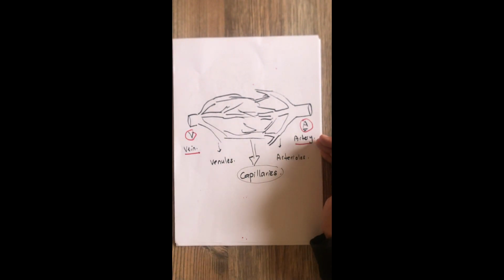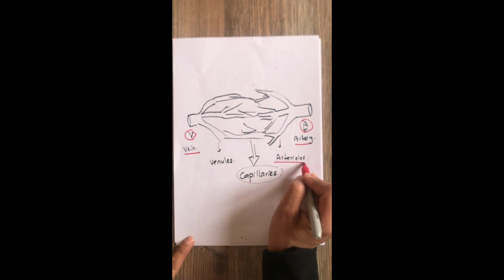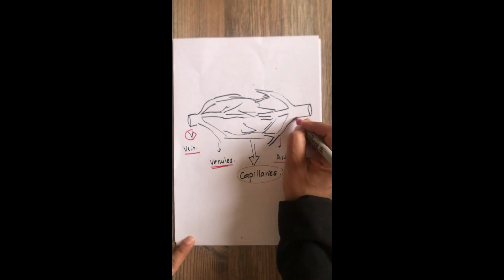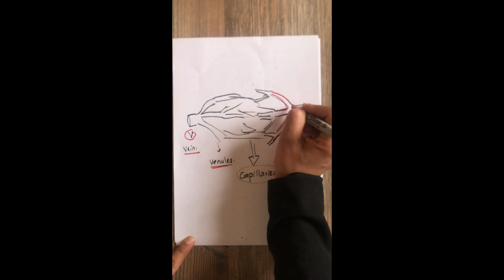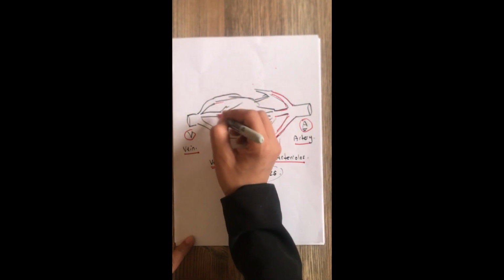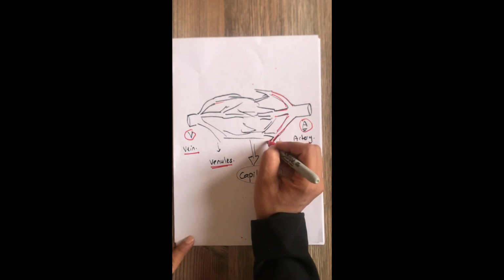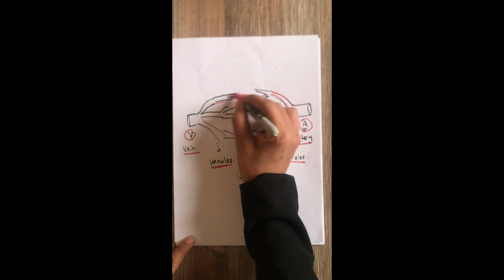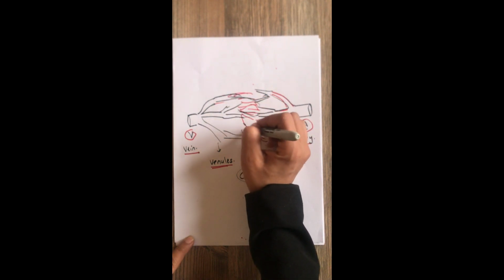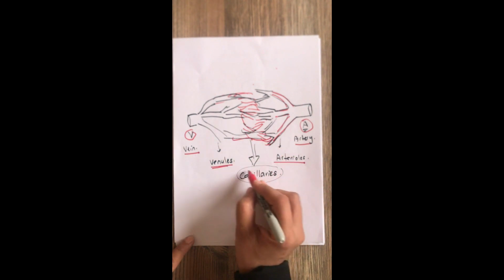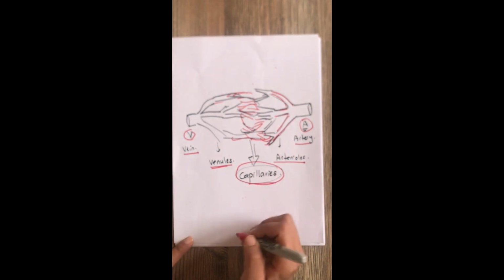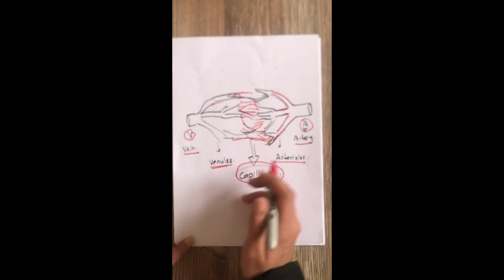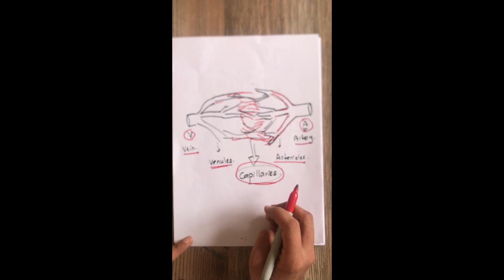The artery divides into very small arterioles, and the vein divides into very small venules. So the artery branches into smaller arterioles, and the vein into smaller venules. They keep branching into smaller and smaller until the venules and arterioles meet together in the area here where they form what are called capillaries. So artery into arterioles, veins into venules, until we reach the smallest part of the blood vessels, which